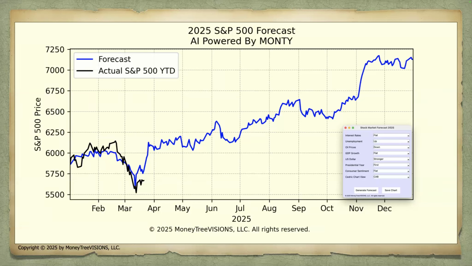So that panel on the right side is the input panel. As you can see, there are little arrows. All of these are set up as drop-down menus, and you make the selections, then hit the generate forecast button, and out comes the chart. It also has a feature where we can save the chart, because we need to save charts and post them into presentations and things like that. That's how the tool functions and what it takes.